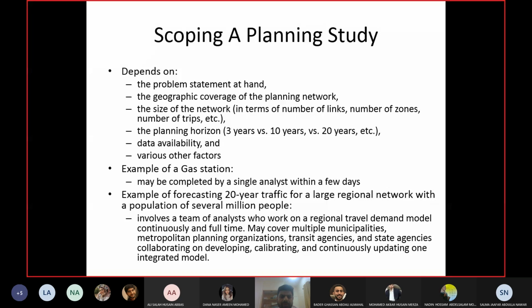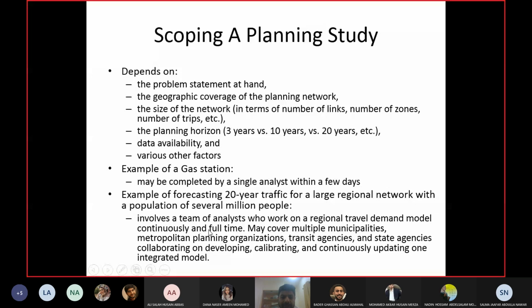So if you are doing, for example, a planning study for a gas station, then that may be covered by a single person within a few days, because that will only have a small area, very small zones, a very small network and so on. But if you are doing it for a large regional network for, let's say, the next 20 years, and that network is serving, let's say, millions of people, then it cannot be handled by a single person.